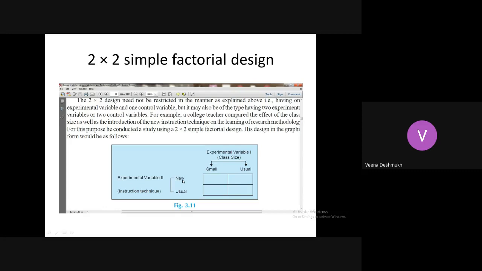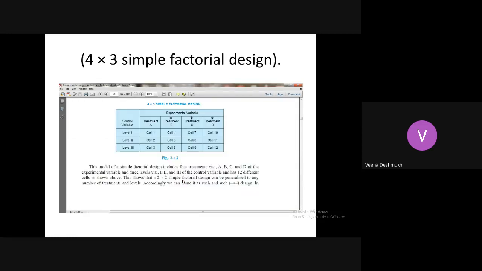The new method and the usual method of chalk and board method, and a new method with some PPT or videos, if that is introduced, which one is more effective on a smaller classroom or a bigger classroom, or with the new method or the usual chalk and board method? So which one is more effective? Naturally, our common sense also says a small class with chalk and board as well as a new method like introducing PPTs or videos for illustrations, such one is definitely going to give you good results.